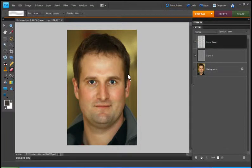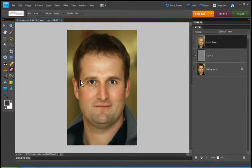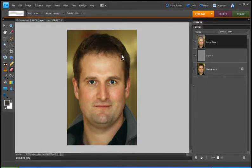I'm also going to brush over the eyebrows. Now make sure you don't brush over the eyes because we've already sharpened that earlier. So stroke over the eyebrows, also the mouth, maybe a bit more hair, and that's about it. And again, if you'd like to see what's being sharpened, what will sharpen through the top